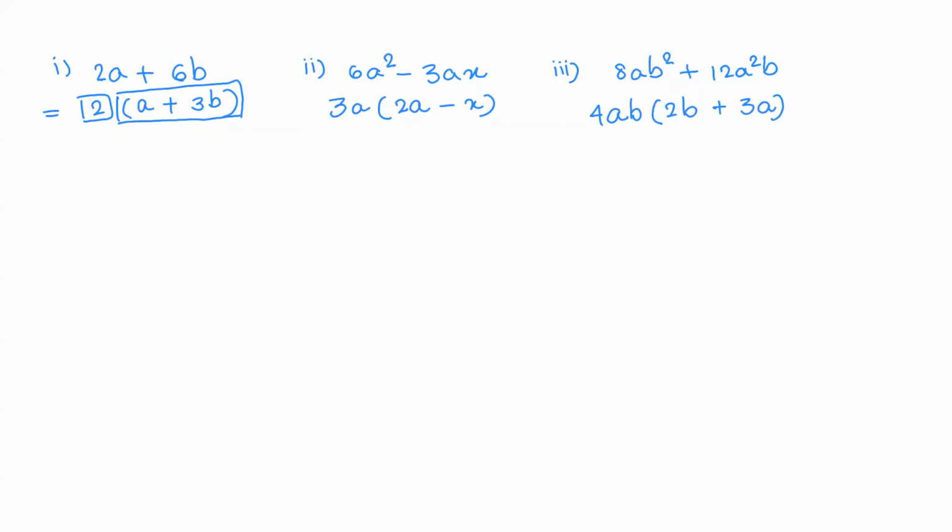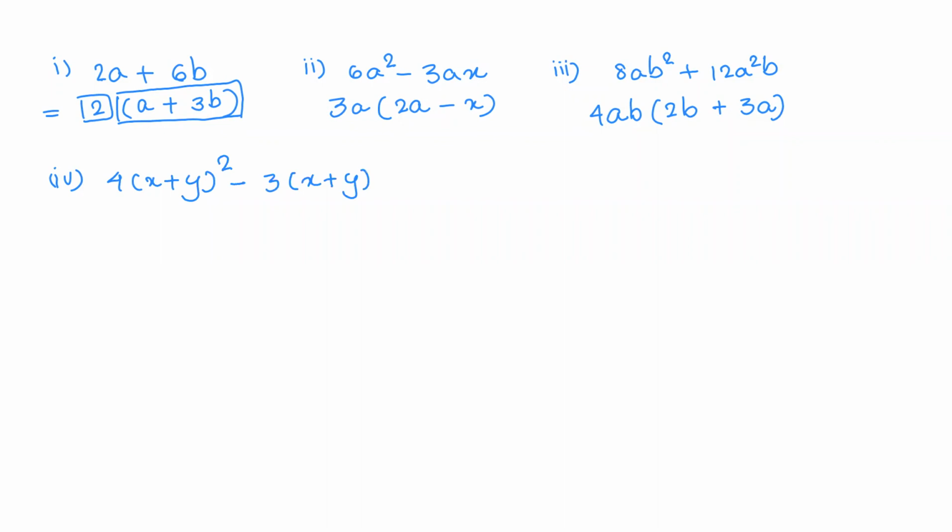So let's try another one. Here we have the next question. Question number 4. So we will be increasing the level of difficulty a little bit. So do not think that all the sums are going to be the same kind and so easy types. धीरे धीरे हम अपने level of difficulty को increase करते हैं. 4 times (x plus y) the whole square minus 3 times (x plus y).